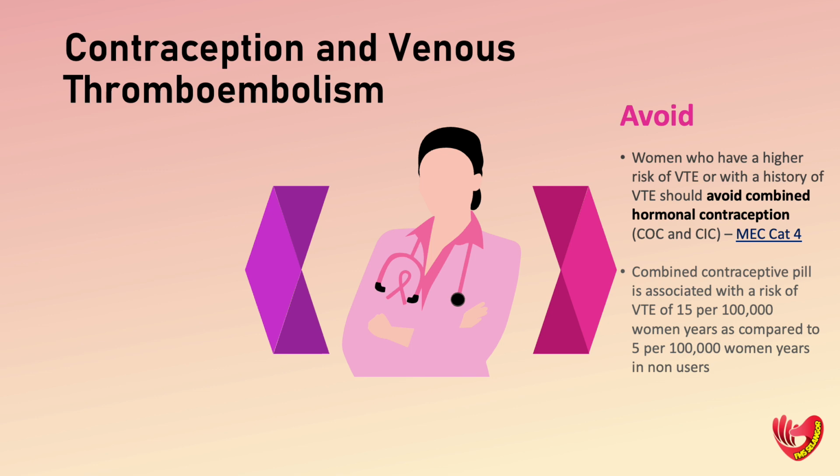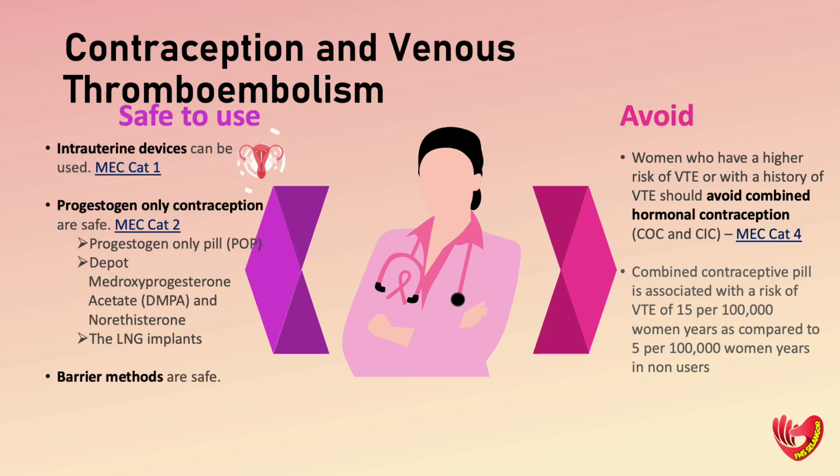Therefore, non-estrogen containing contraception should be offered to this group of patients. First of all, copper intrauterine device is suitable to be used in patients at risk of VTE, as it does not pose additional risk of thrombogenic event. It is hence categorized as Category 1 in WHO's medical eligibility criteria. It can be used once the uterus has returned to normal size. Apart from that,